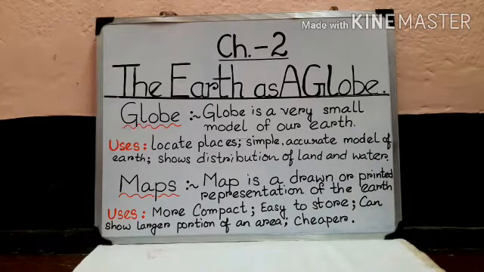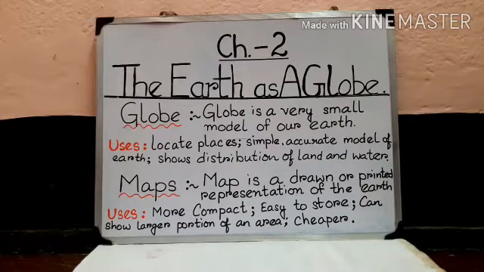Now you can turn your page to page 12, the map of the earth. We will start the map of the earth. I hope you all have understood the globe. Okay, the globe is round, spherical in shape. It is the accurate model of the earth, and it shows exactly how our earth looks, with lots of continents, rivers, oceans, everything in it. Now we will start with the map of the earth.